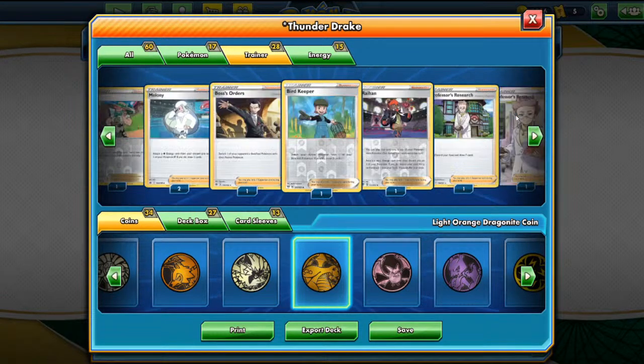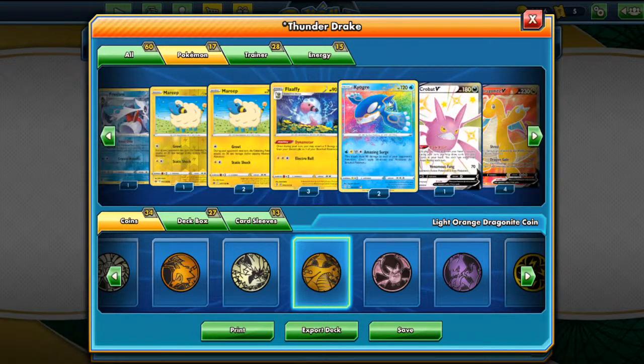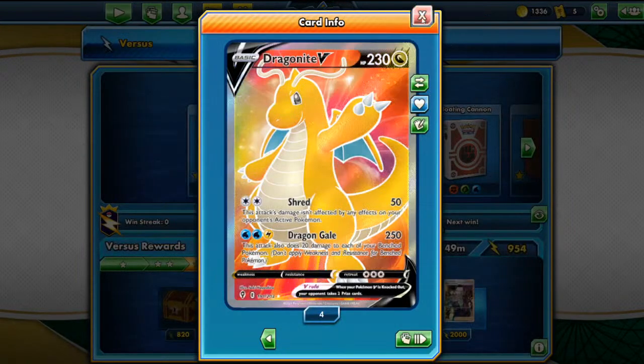So we are also playing 1 Boss's Orders, and Raihan is basically there for our Kyogre. As you saw earlier, we didn't get to play this card because it is a very temperamental card. You need to have a very specific condition in the game to be able to. It's a very situational card, which means if your opponent has those VMAXs and enough 1 prize cards on their